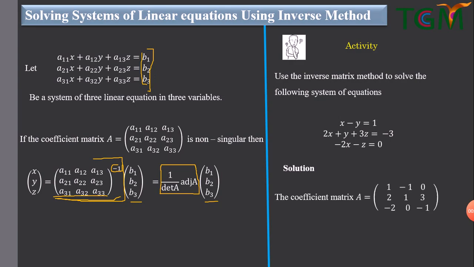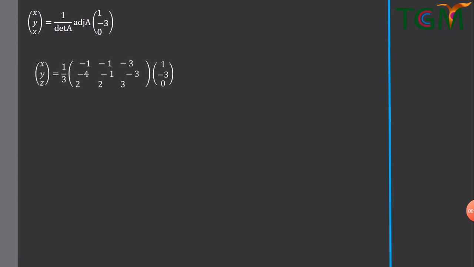So the coefficient matrix is equal to that, just the same as the one which I used. Here the inverse of that is equal to that, multiplied by 1, negative 3 and 0, and we are going to have x is equal to,